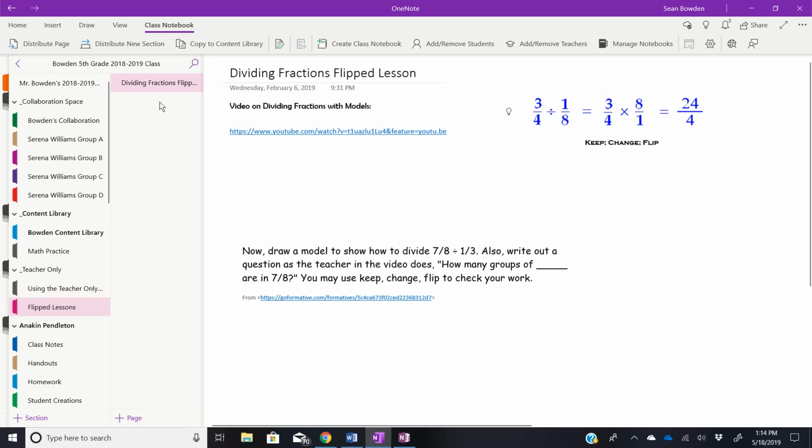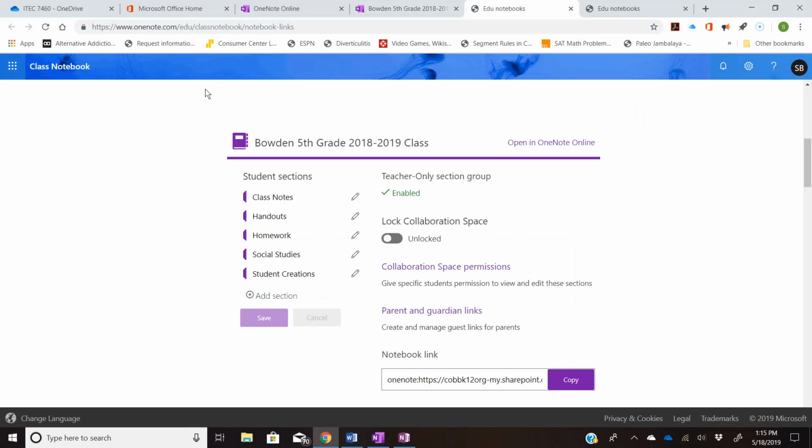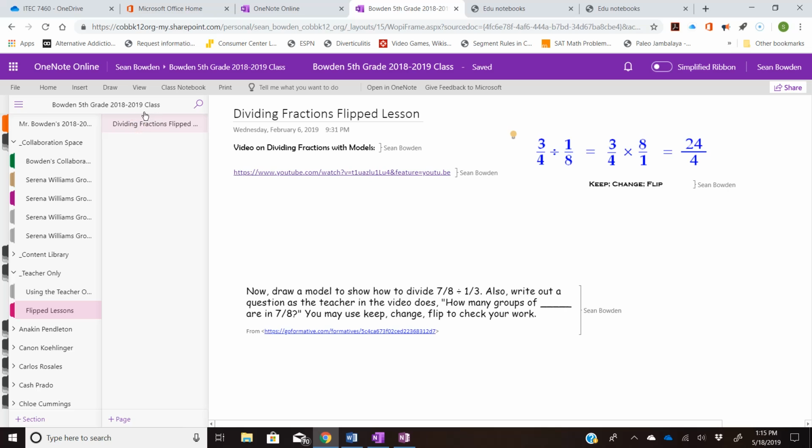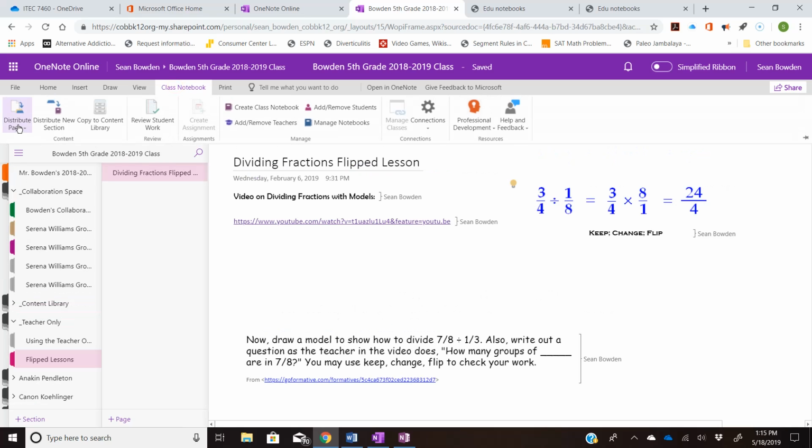So the question is how do I distribute this to my students once I am done? Well, this is a page. These are sections. If I wanted to distribute a page, I would go to class notebook up here at the top. The same thing for the online version. If I was on the online version, I would find that exact same page, and I would go to class notebook, and I would go to distribute page, not distribute section. If you distribute a section, that means I'm going to distribute everything in this tab. But if I'm making just a page for them to solve for a flip lesson or whatever it is you're trying to do,